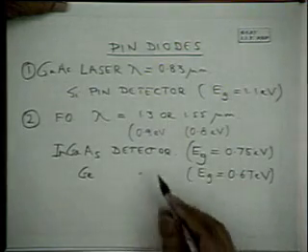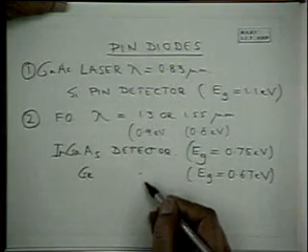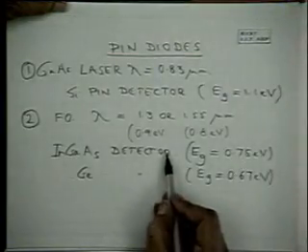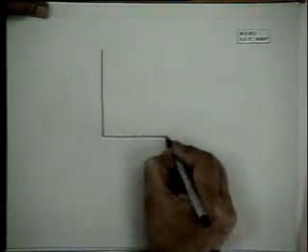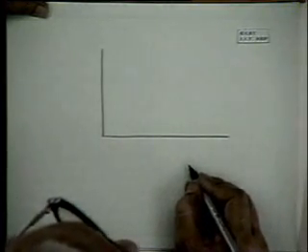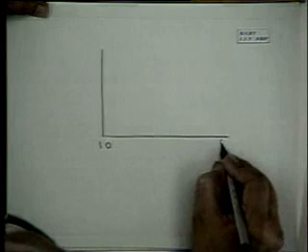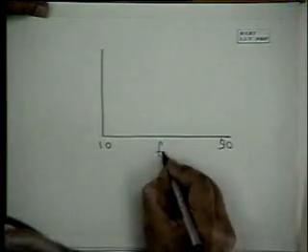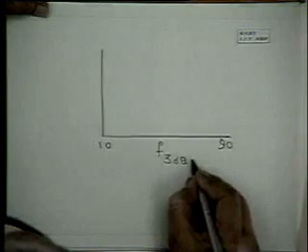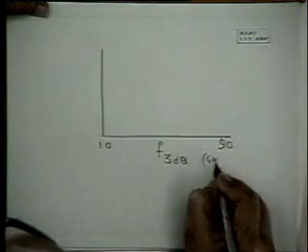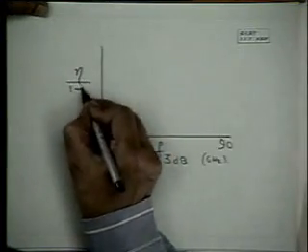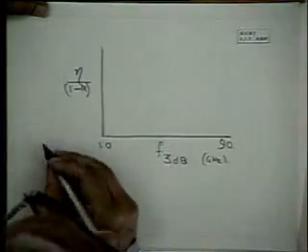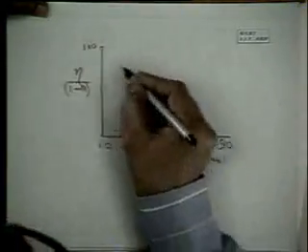We know that InGaAs is a direct gap semiconductor and germanium is an indirect gap semiconductor. So the absorption width for InGaAs will be smaller, and if we draw a similar graph as for the silicon PIN diode, we find that here, for fiber optics, the frequency of modulation is very high. F3dB is 10 to 90 gigahertz, and if you plot eta over 1 minus r, this is 100. For InGaAs, we get a